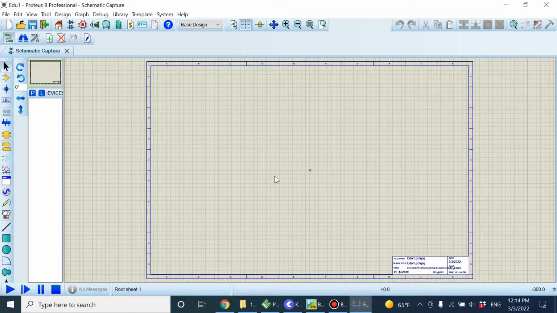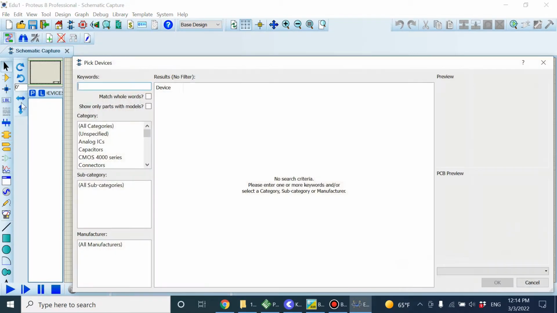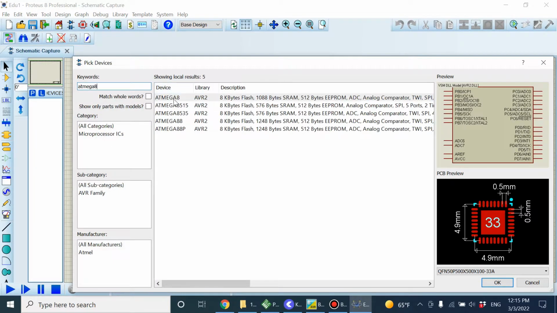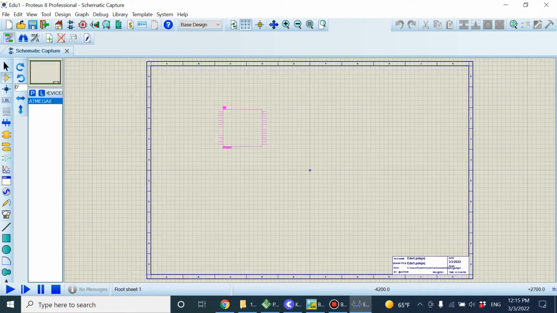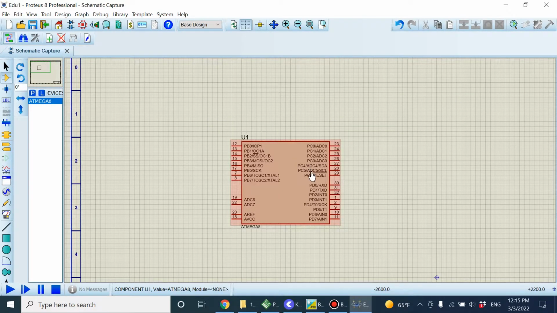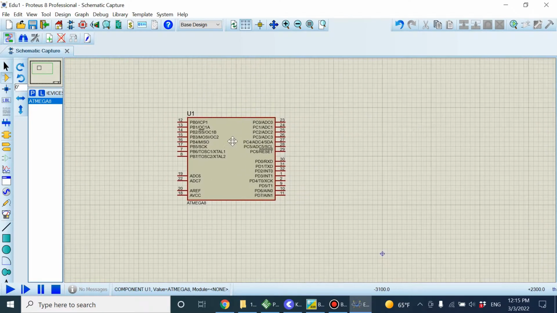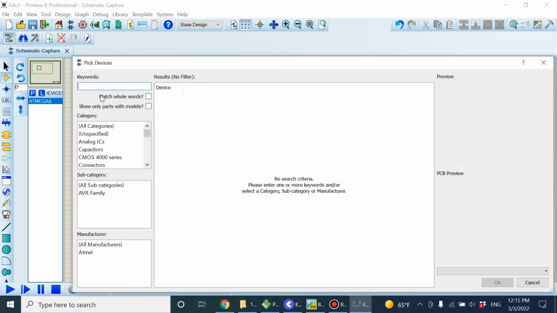To start, I just add a microcontroller here on pick. I'm gonna click on P and search ATmega8. It's a very simple microcontroller. We can use it for our work here. And we need a resistor